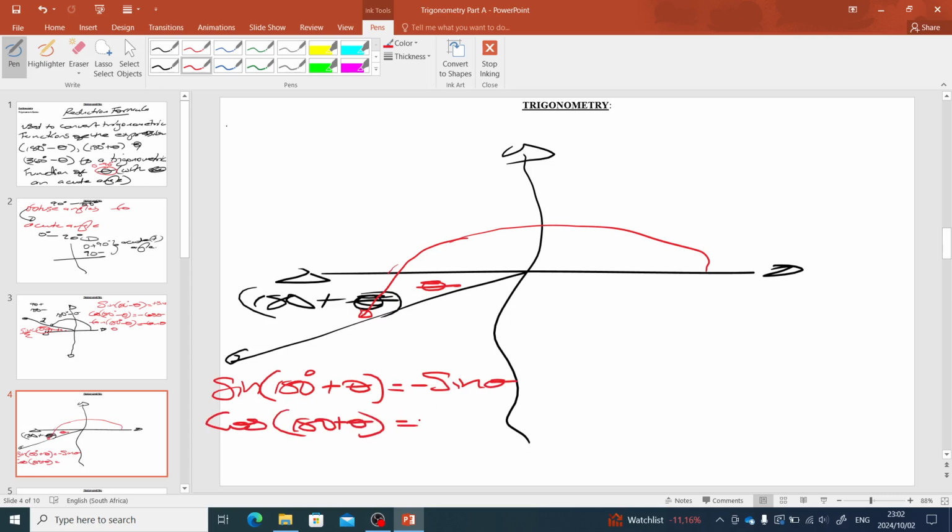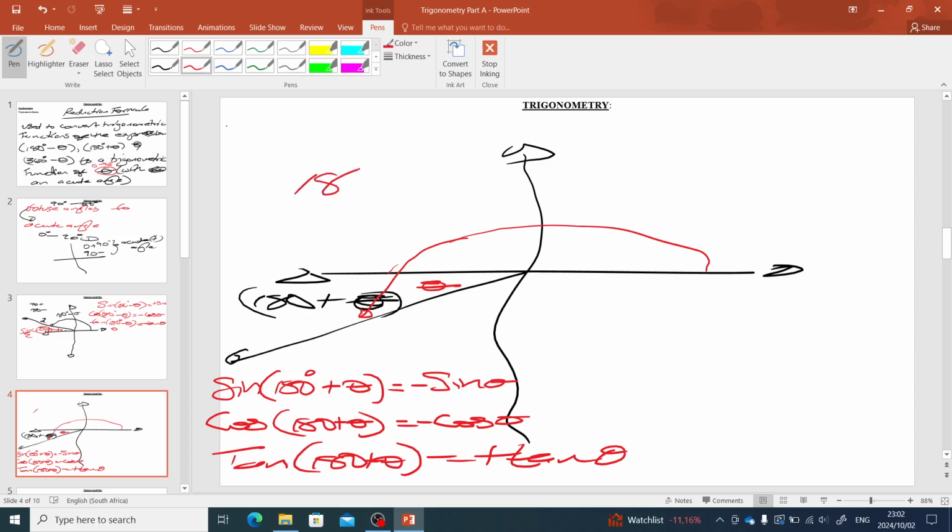Then we know that cos has to be negative. It will be negative cos theta. Then tan, when coming to tan, it is 180 plus, so it will be positive. It will be positive tan theta. The angle on the third quad would be positive, because we are dealing with 180 plus. Okay, then on the third quad,